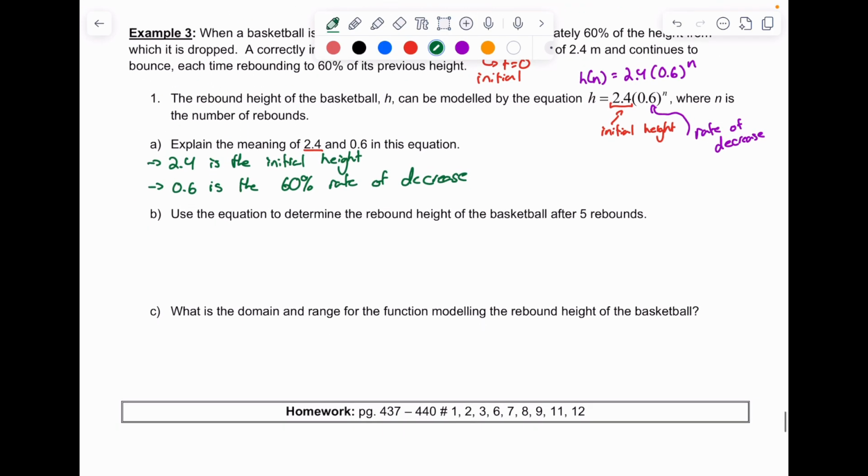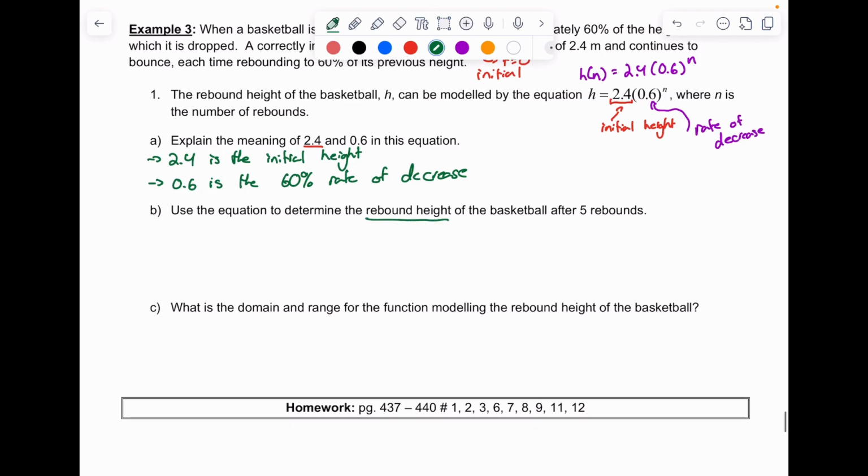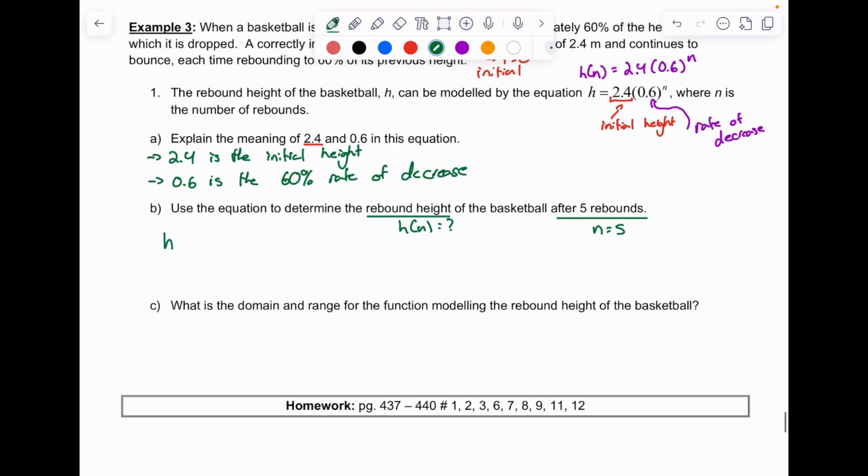So part B is saying then, use the equation to determine the rebound height of the basketball after 5 rebounds. So it's looking for the rebound height, h or h of n, and it's telling you after 5 rebounds. So here, n is 5. So just take your formula, and you're calculating h of n. H of n is 2.4 multiplying by 0.6, and in this case, we're putting it to the power of 5. So 0.6 to the power of 5 times 2.4, and it roughly equals,